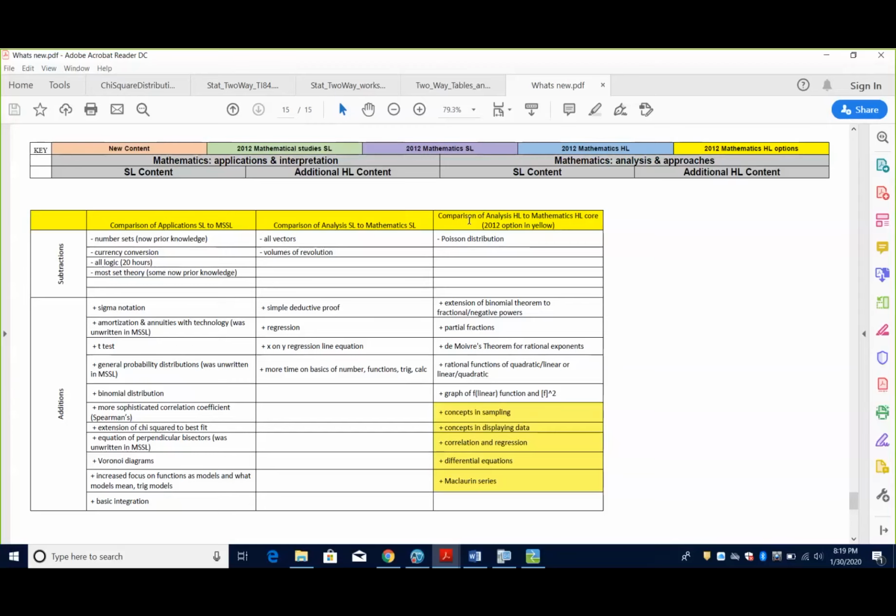So please use this to the best of your ability to check things out, because, like I said, this is my go-to sheet when I'm discussing this with people. And with what's coming, I'm really interested in, if anybody has been to a training, or if you're in a true 2-year course and you have started teaching this already, I would love to hear your reactions and what's happening in your classroom and what your students are thinking.